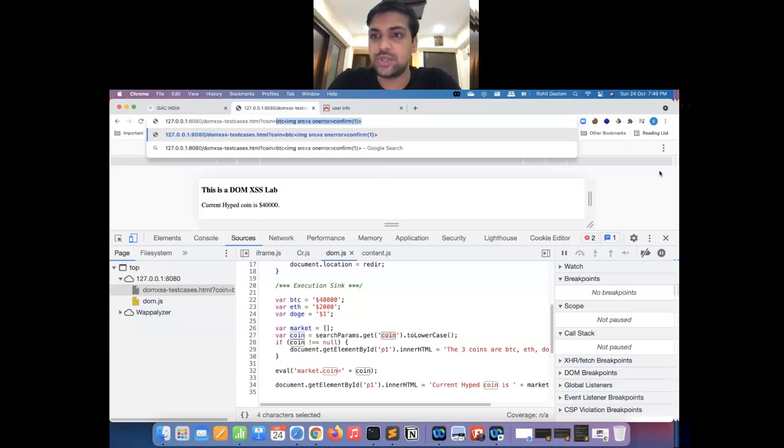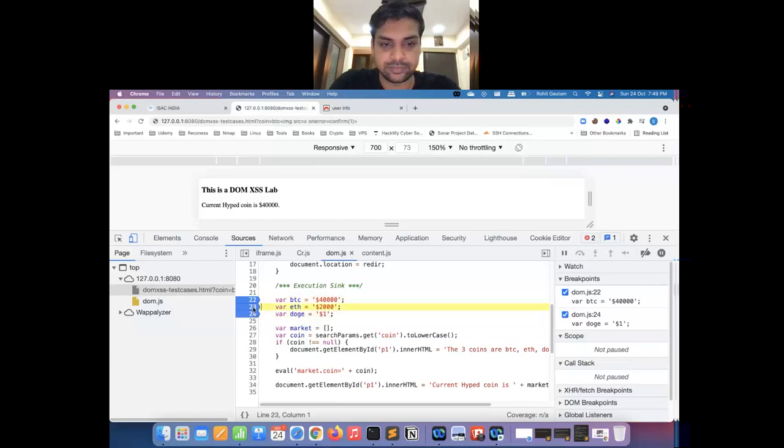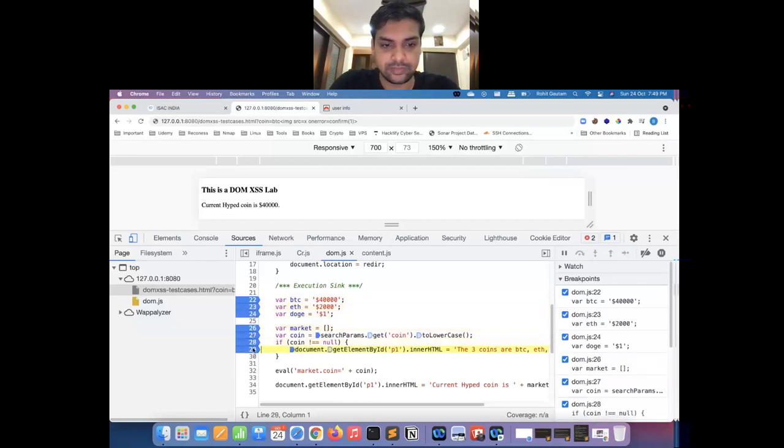Now, just to show you what happens in slow motion, I'm going to add breakpoints to understand how the code is being interpreted and how it is being executed. So we'll pause the script execution and we'll resume it step by step so you guys can understand what actually happens in the background. Okay, so I'm going to add certain breakpoints over here. Okay, so I've added multiple breakpoints, as you can see on your right hand side.